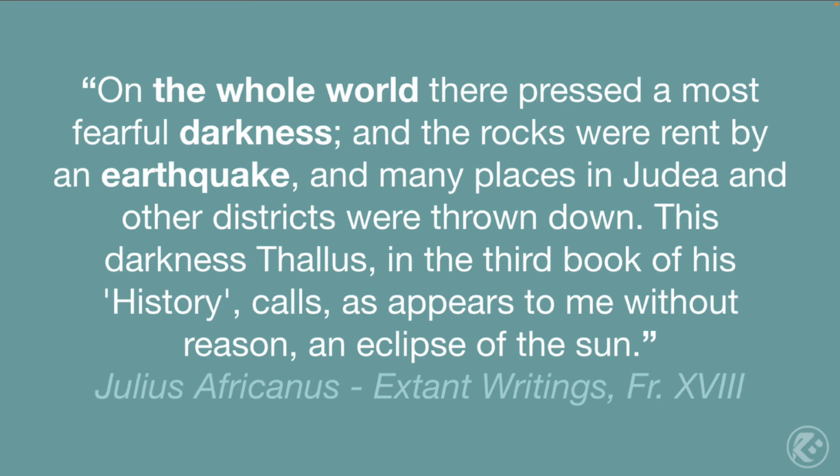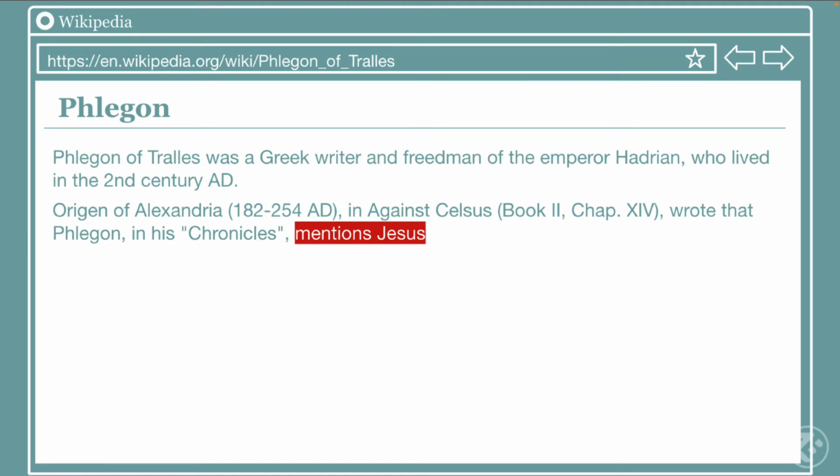Let's read his quote. "On the whole world there pressed a most fearful darkness, and the rocks were rent by an earthquake, and many places in Judea and other districts were thrown down." So again, this is not only an account that Jesus existed, it's an account that Jesus was crucified, and the whole world, as they knew it, was in darkness and a major earthquake. Okay. Next, the Greek writer Phlegon, whose name I can't pronounce, mentioned Jesus and even the events at his